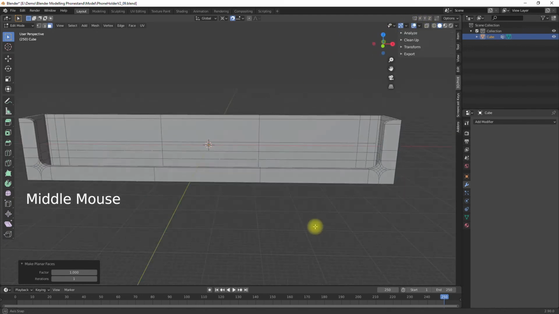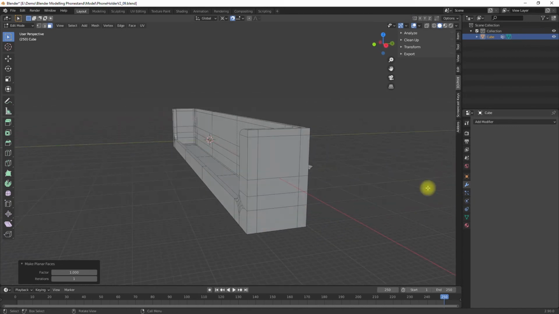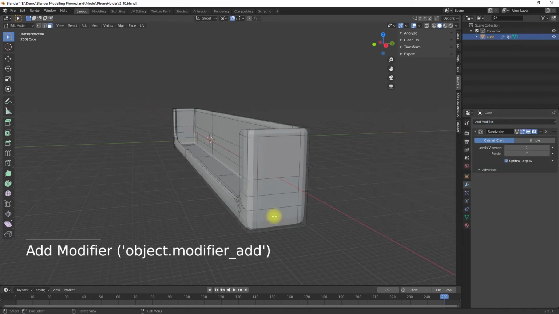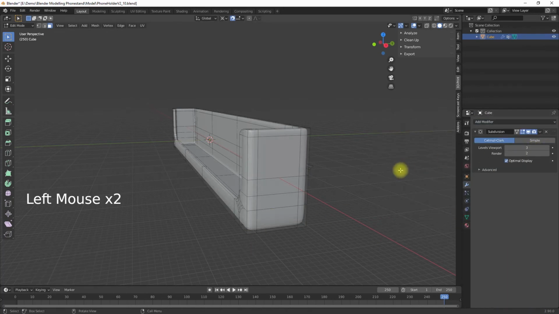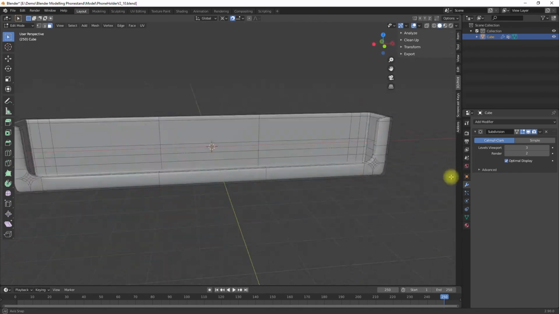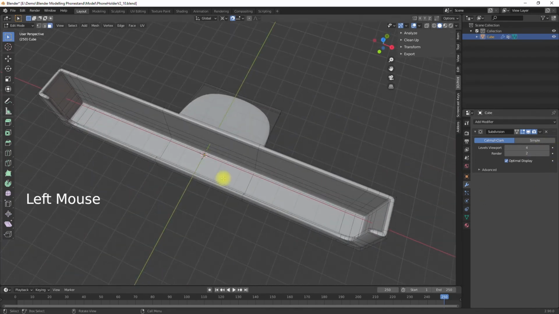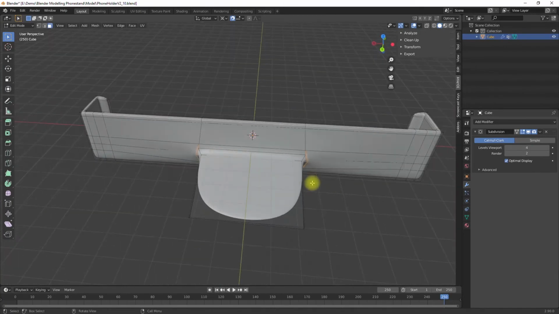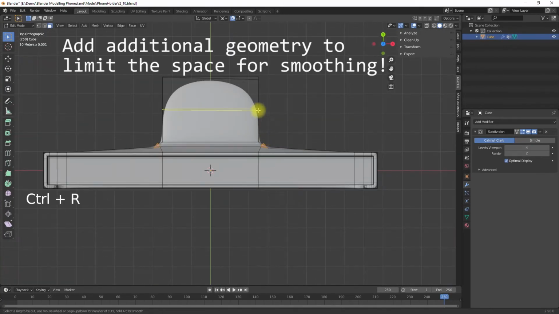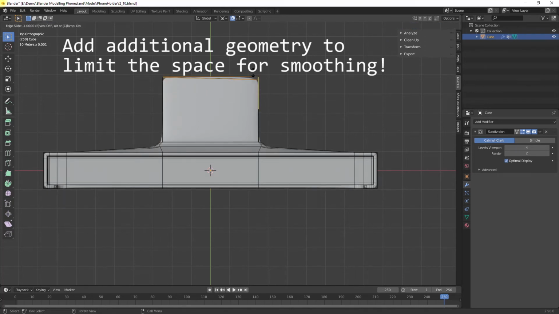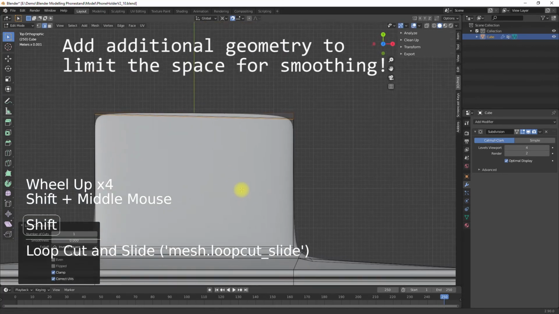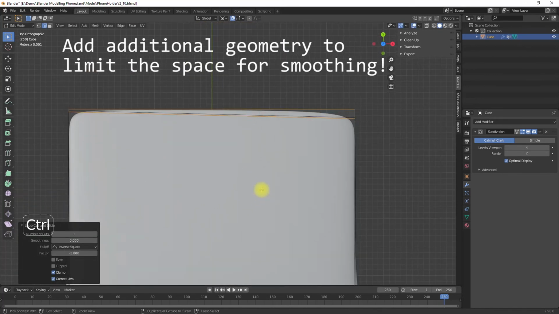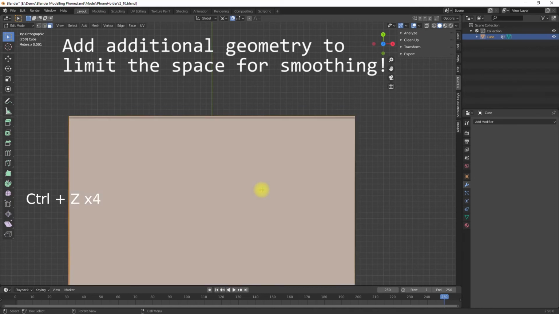Now it's time to smooth our model using the Subdivision Surface modifier. I assign the modifier and use a subdivision level of 3 to 4. I will not overdo it here because any additional subdivision surface level will add a huge amount of vertices to the final model. And my slicer program has to handle this huge amount of vertices afterwards, and this could lead to additional problems, to long processing times, and beside of that,